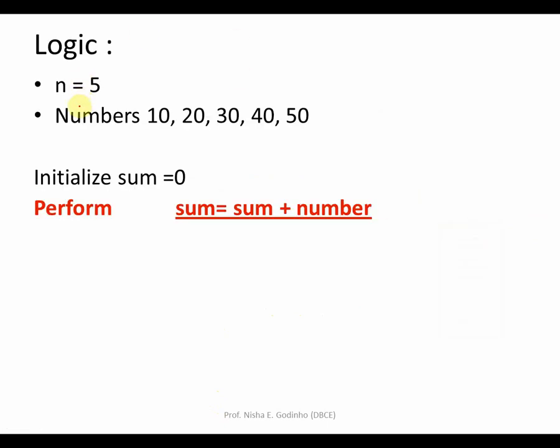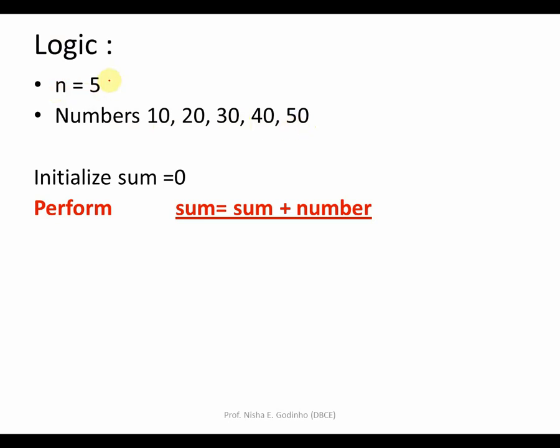So let's say we have 5 numbers. Now this is basically the logic. I'm not explaining the algorithm directly right now. I'm just explaining the logic as to how to go about doing this task. Let's trace one example to understand the working or the logic. Say the first number you have to add is 10, the second number is 20, the third number is 30, the fourth number is 40 and the fifth number is 50.